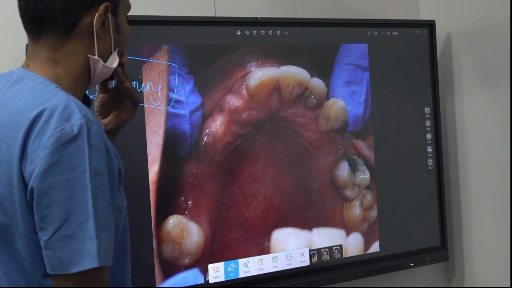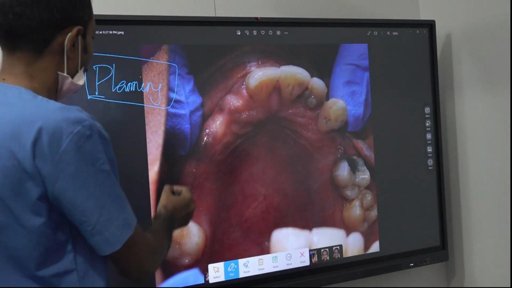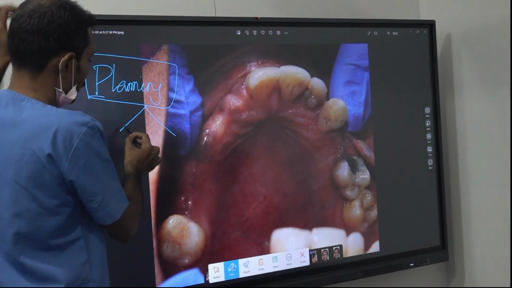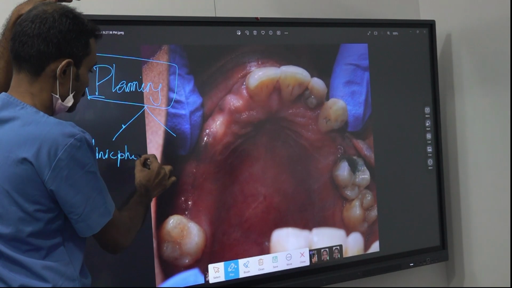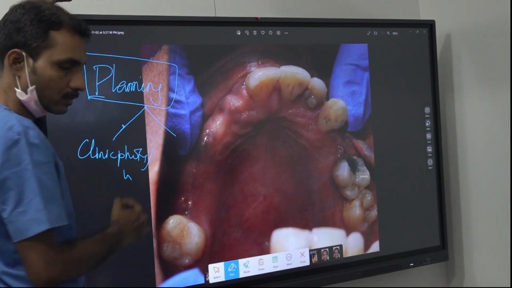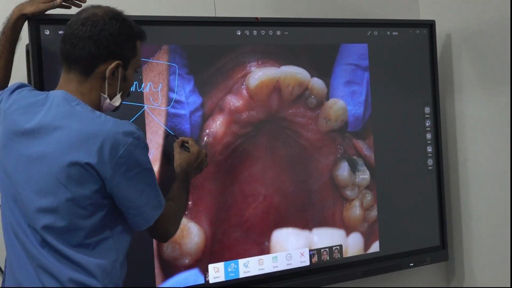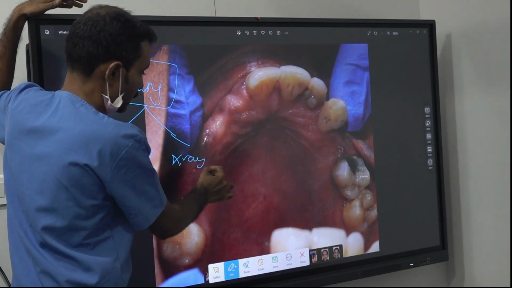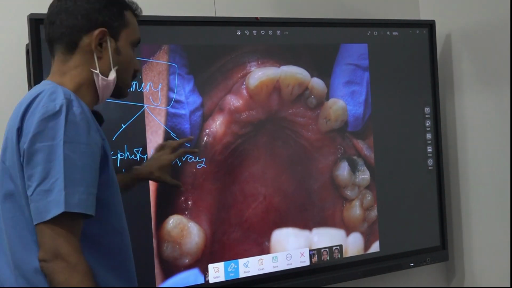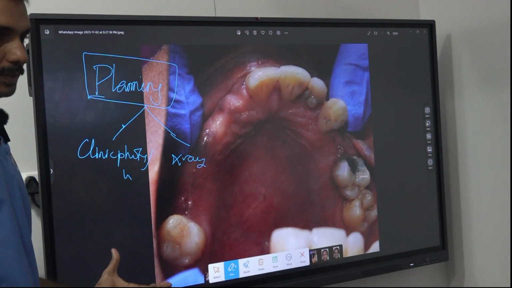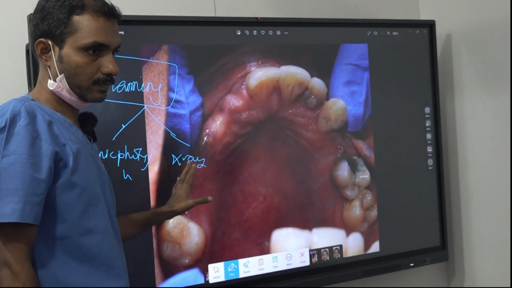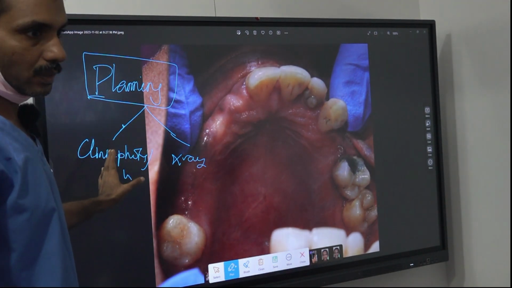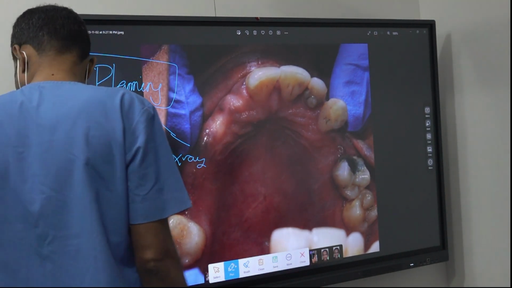So planning involves using the clinical photos and videos during planning. Then you have to go for the X-ray plan. Use this, then you will get the real picture. So you cannot do the planning only by seeing the X-ray. You need to see the clinical picture also. So this patient,